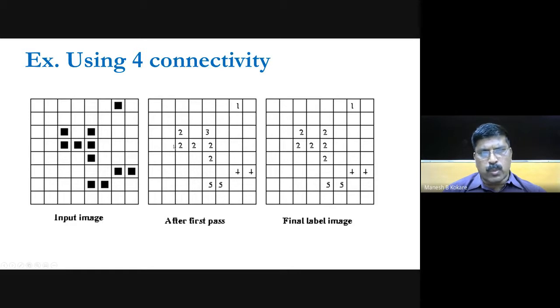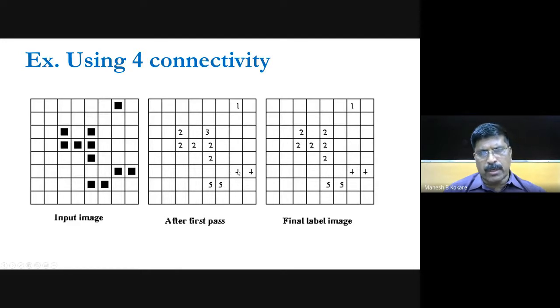When you come to this one, okay. So here basically, see, this is connected here, top this one and this one. So we have given this a 2, and then again this is connected with this one, so it is 2, then 2, and so on after that. Then see that here the neighboring pixel is also there, which has label equal to 2, so we have marked this as a 2, and so on. After that, nothing is there.